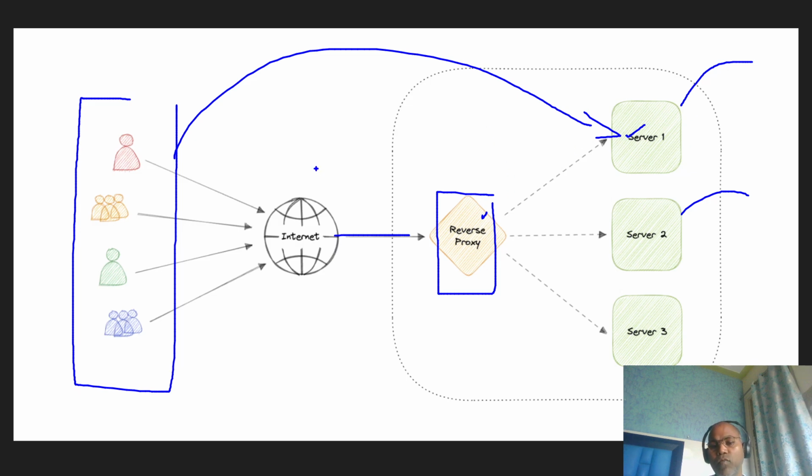Previously you were ensuring that our clients do not communicate directly to the internet, but now every client via the internet communicates first with the proxy server, and then the proxy server decides which designated server the request is forwarded to.